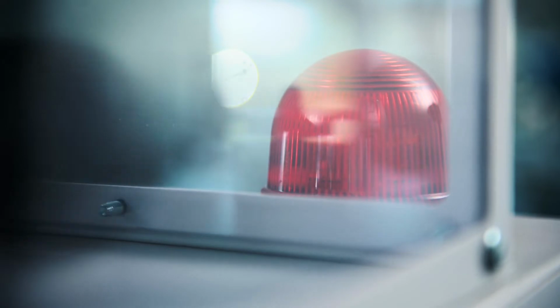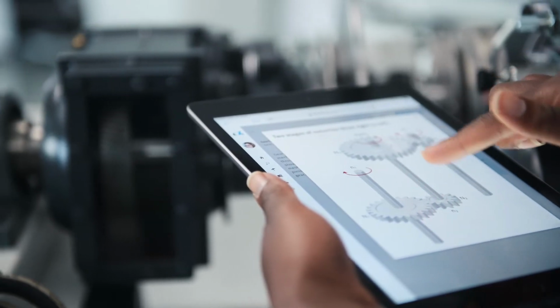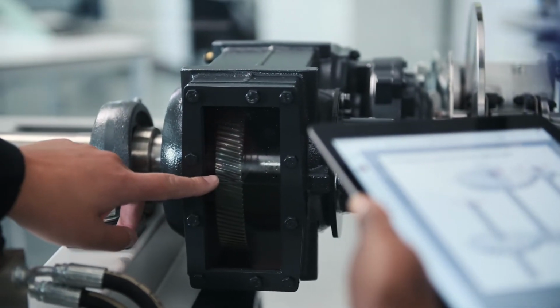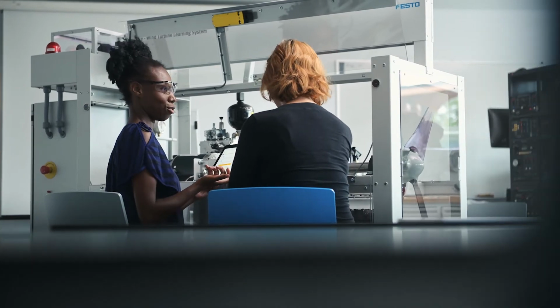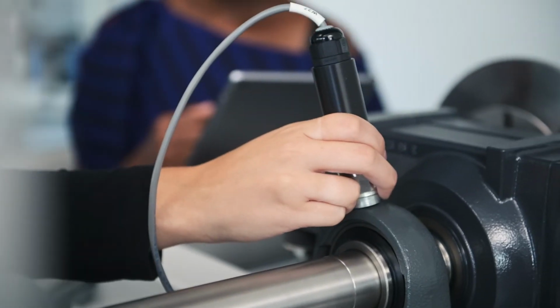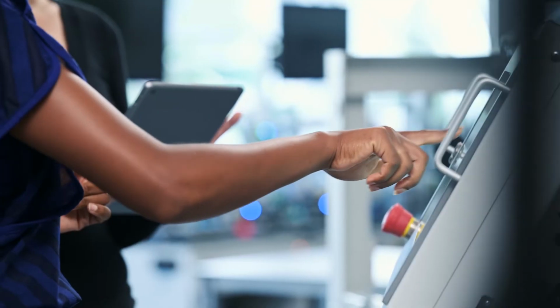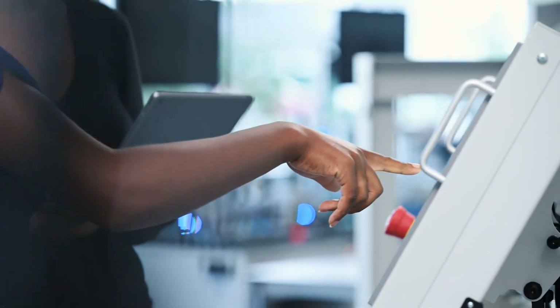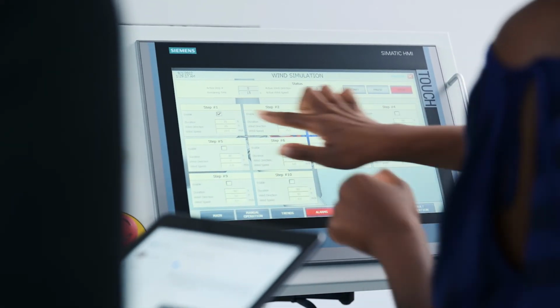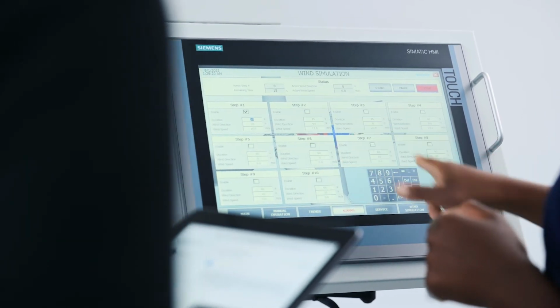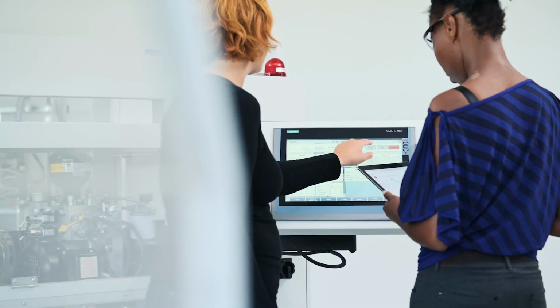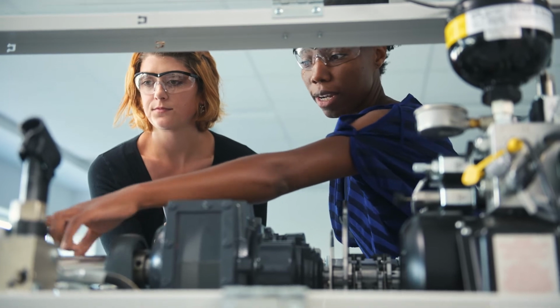Interactive simulations help students understand how wind conditions impact the production of electricity. Instructors can insert faults to test troubleshooting skills. Students are also introduced to alarm management, and an optional course allows a deep dive into connecting the wind turbine to the electrical grid. Additional courses cover hydraulic or electrical blade pitch control.